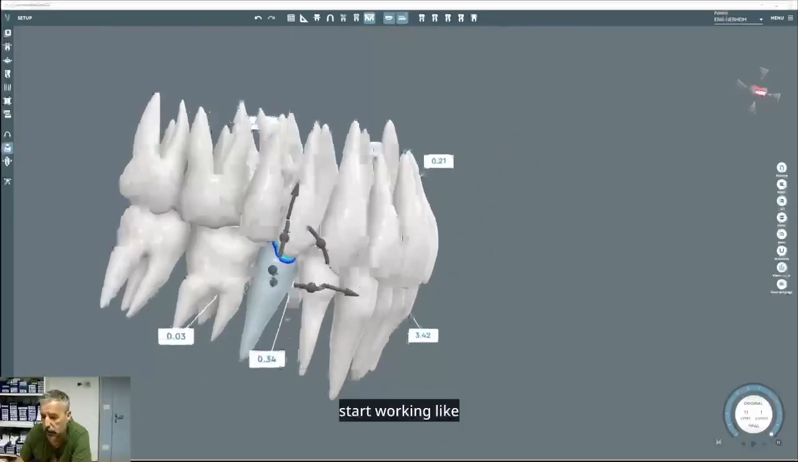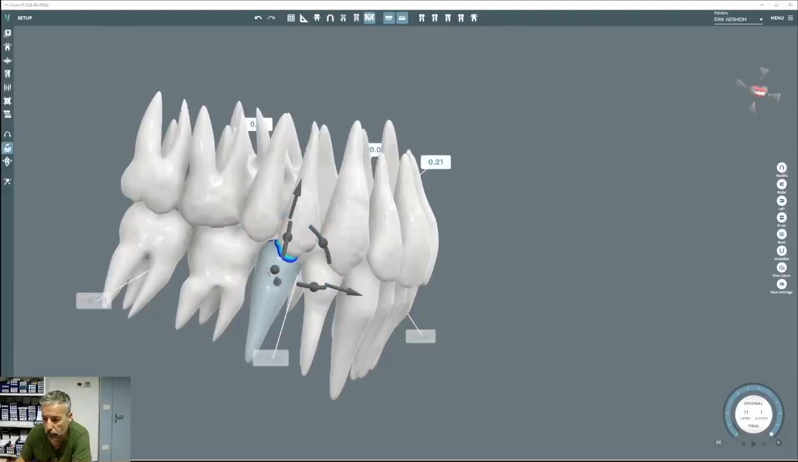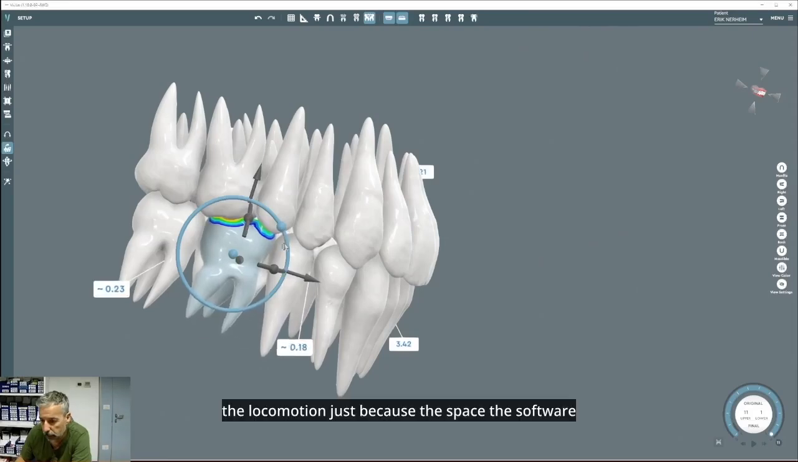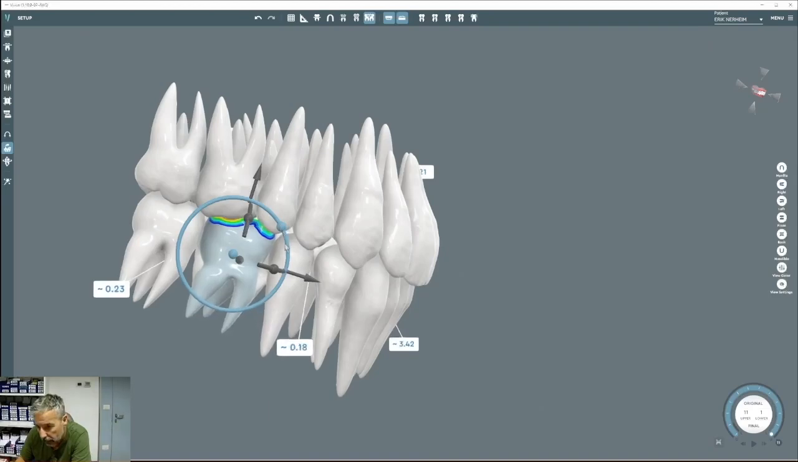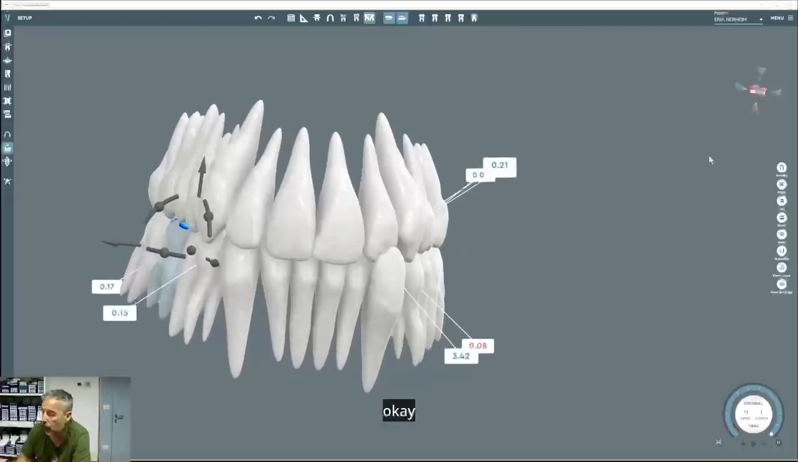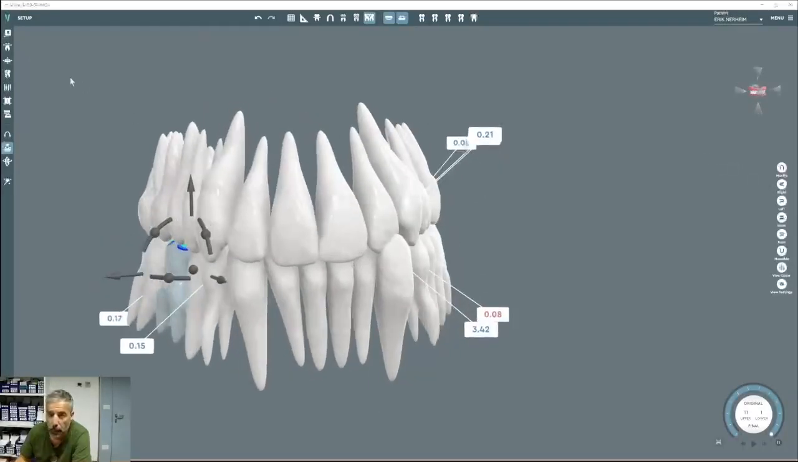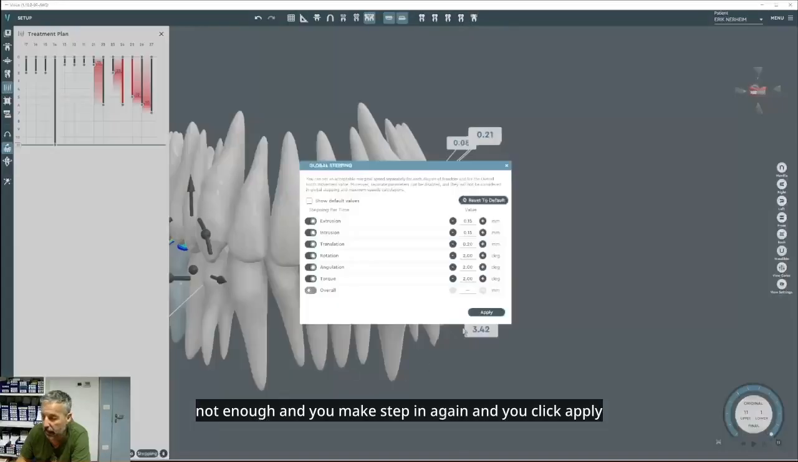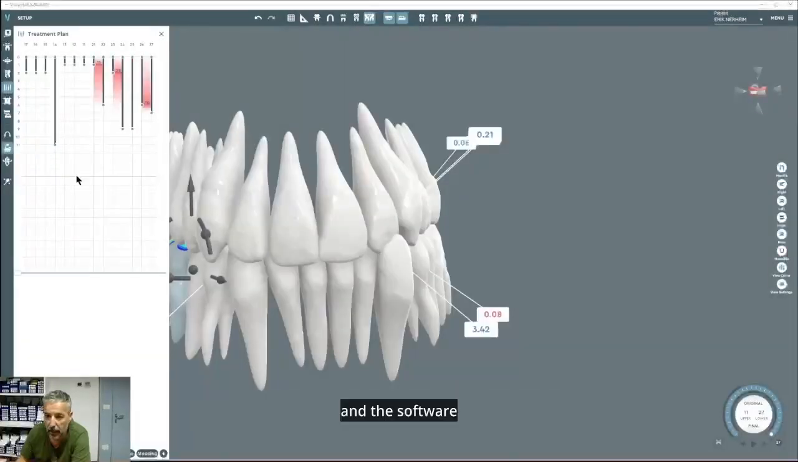Okay, and start working like this one, or maybe this one. Look, the locomotion, just because the space, the software, the tooth needs some space, and that's it. Okay? Basically, if you go here again, this is red because the sixth step is not enough. And you make a step again, and you click apply, and the software